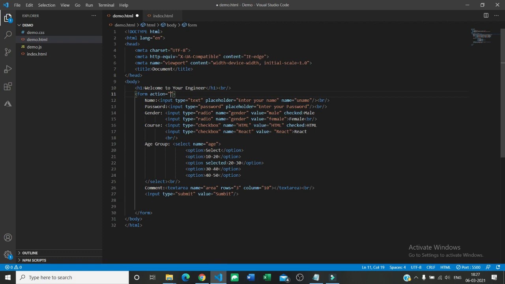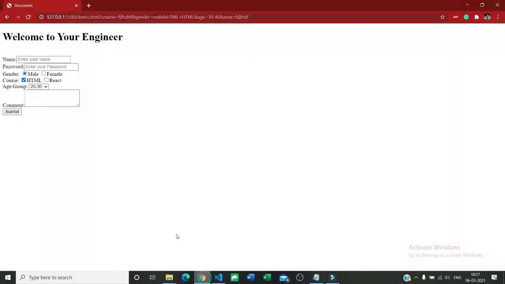When we click through it, it just navigates from one document to another document. So here on action I am giving the file index.html, which means that on submitting, this form will take us to that particular page.